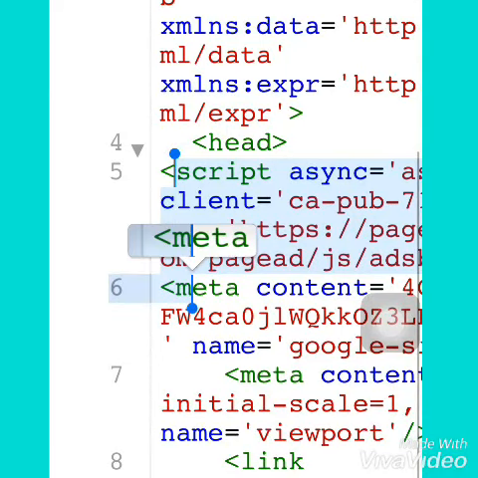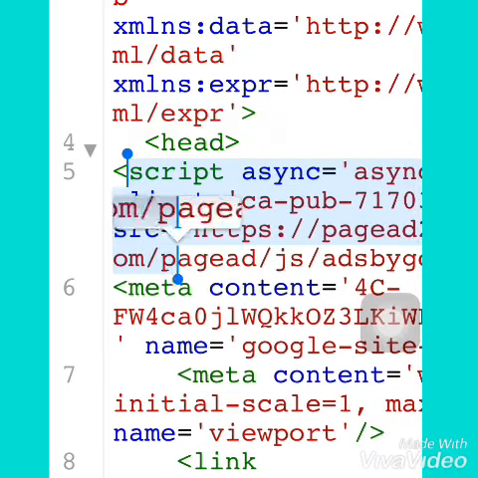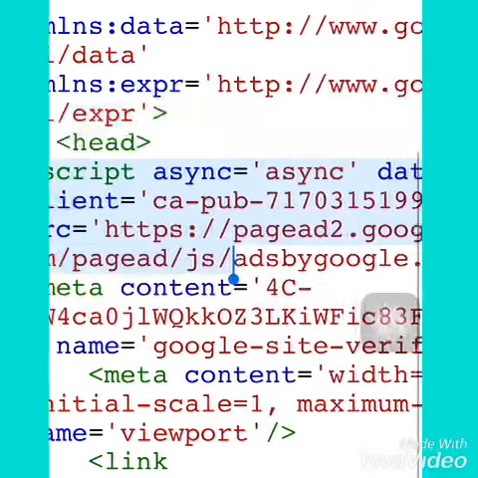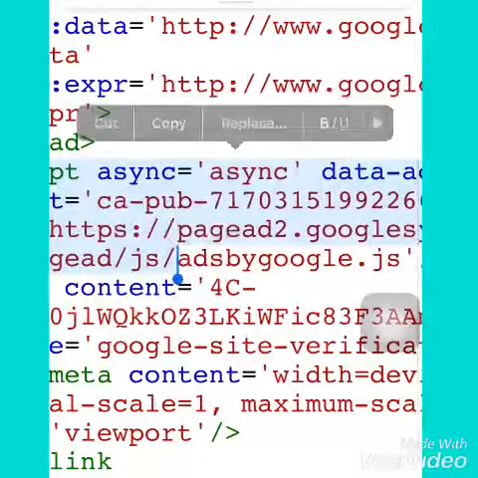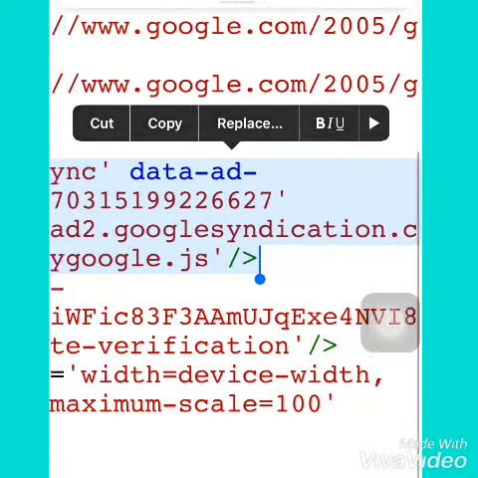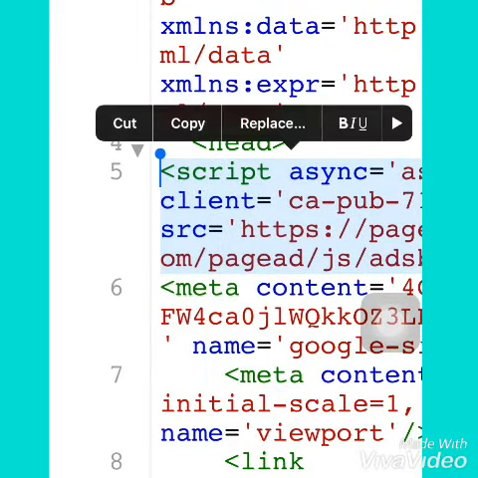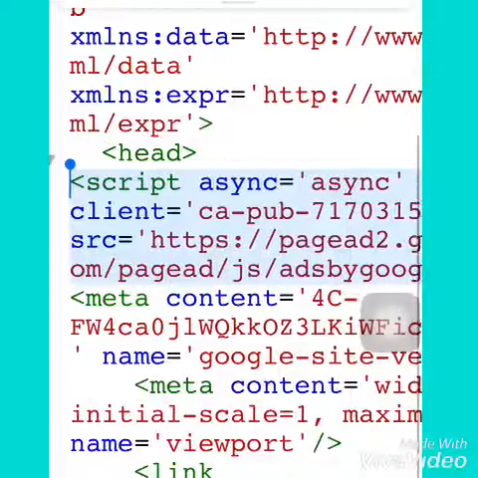It has been highlighted here. This is where you need to insert your AdSense code.